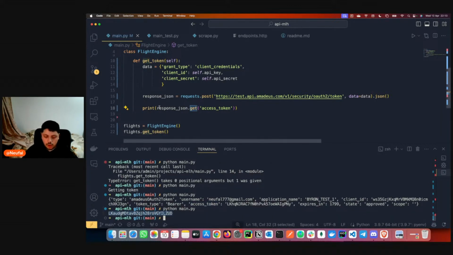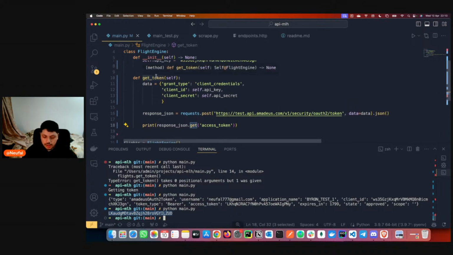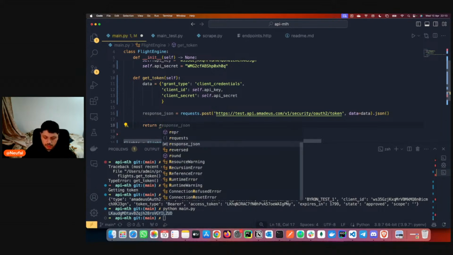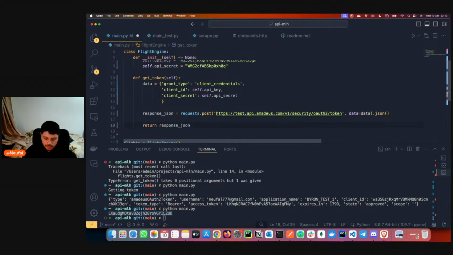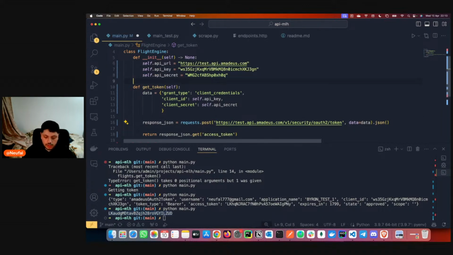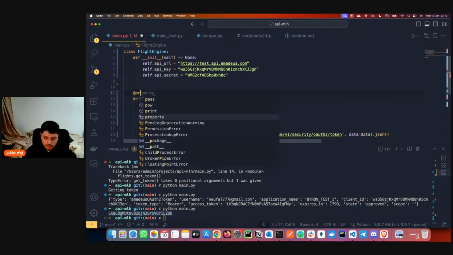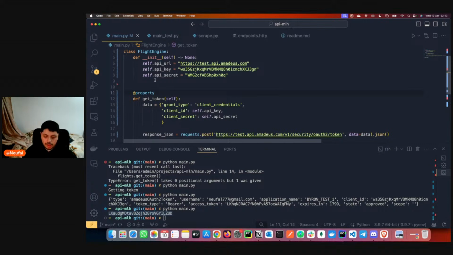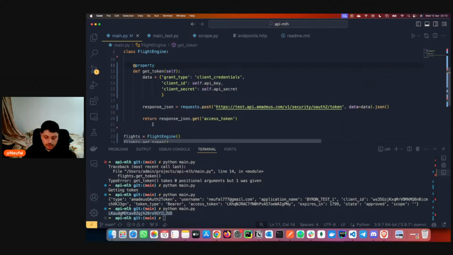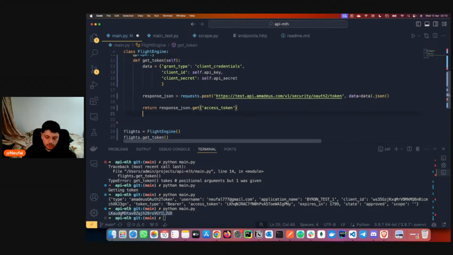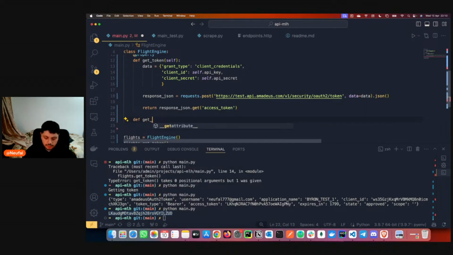So basically, this is all we need. And since it's a function, we can just say, hey, return a response JSON that gets the access token. And basically, we can define this as a property properly. Okay, so now if we go here and say, hey, dev gets flights,